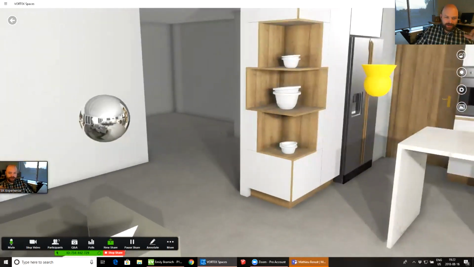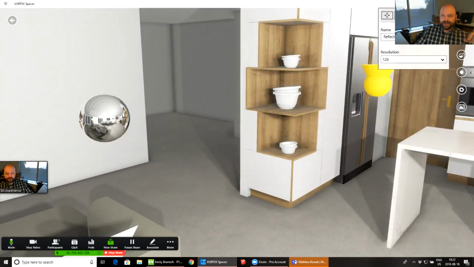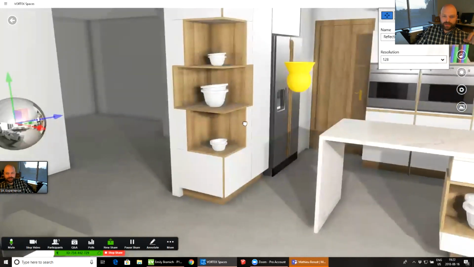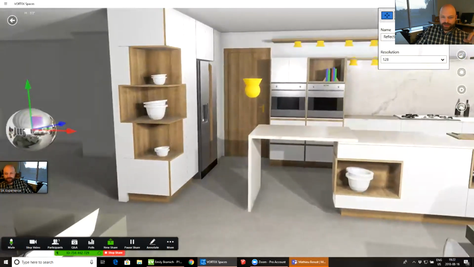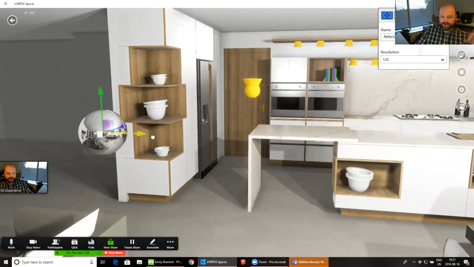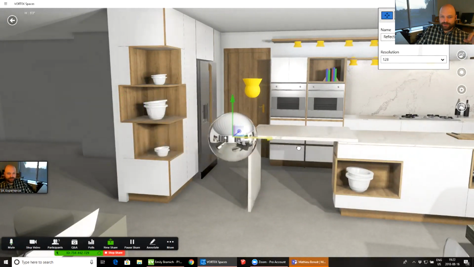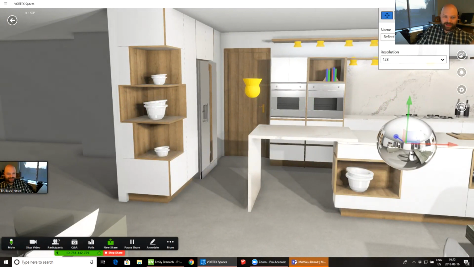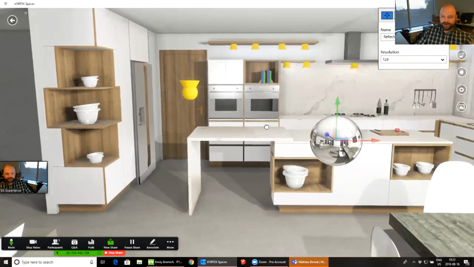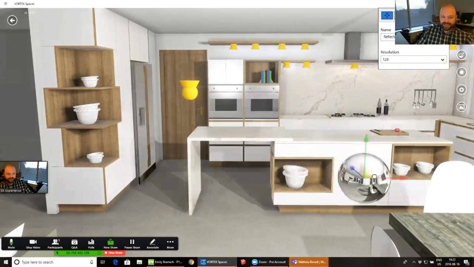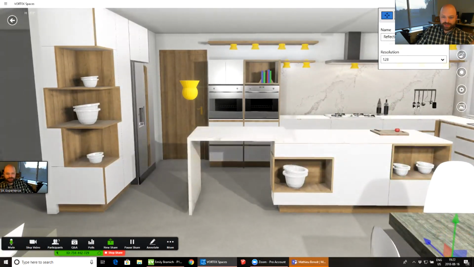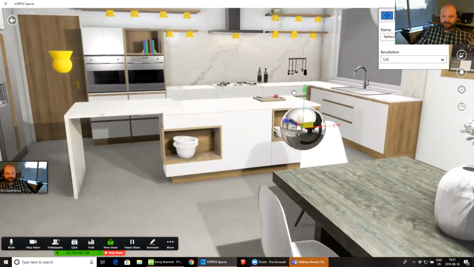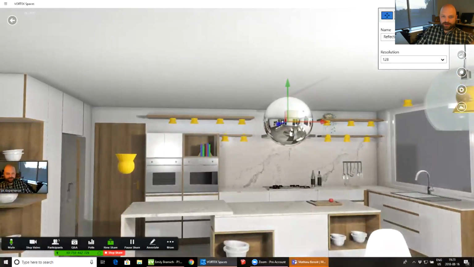To demonstrate that, I'll click on that ball here, and then I can move it when I click on the little cross there. If you watch, for example, the stainless steel, when I start moving that light around, all the reflections get updated. Right now I'm getting very close to the table where it's very bright, and now all my reflections in my oven will be a lot brighter. If I bring it underneath the table, it changes to something completely different. And even more than that, if I was to bring it outside the project,